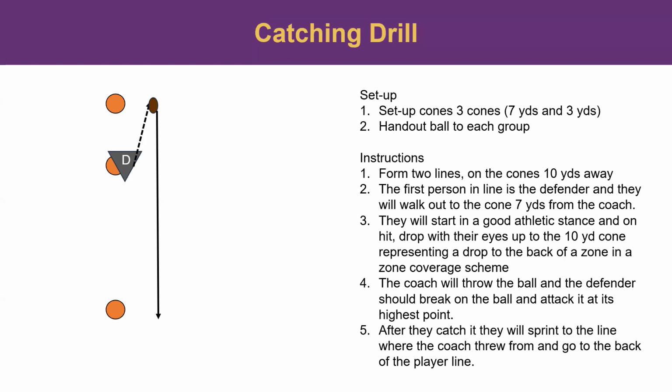So that's what we're going to simulate here, where they catch the ball, they sprint through where the coach is, hand the ball off to the coach, next man up. So that's what we got going on for 8U. A few new drills progressing on what we worked on last week, and then one drill that we're carrying forward, but we're just adding another wrinkle to it to keep the momentum going, because the 8U group is definitely ready